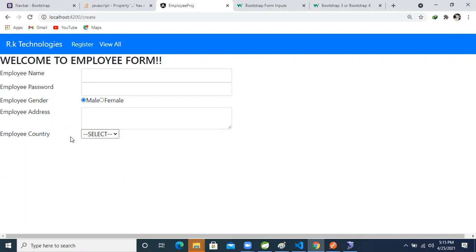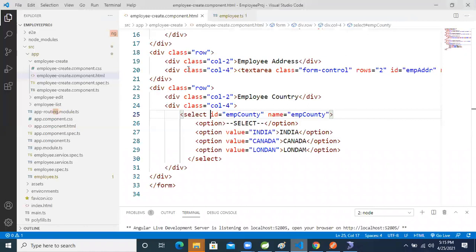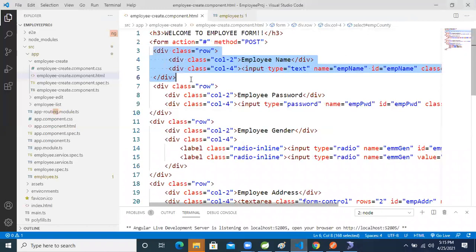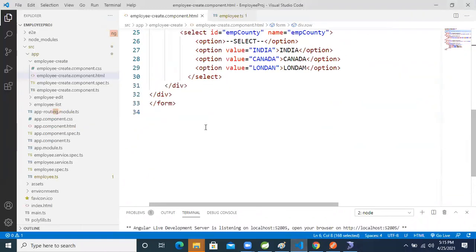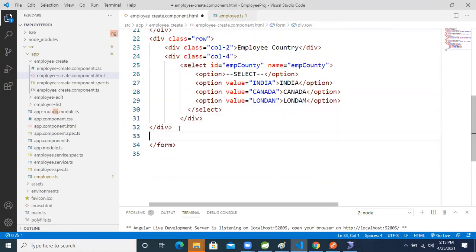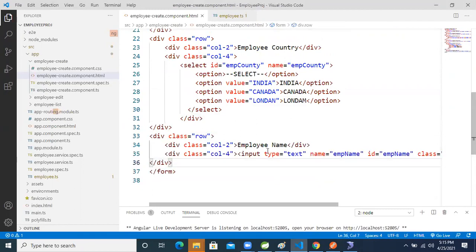So now another one, here we will take a submit button, right? Save the data. So for that, what will we do now? Come here. Copy the first one only. Now paste it here.